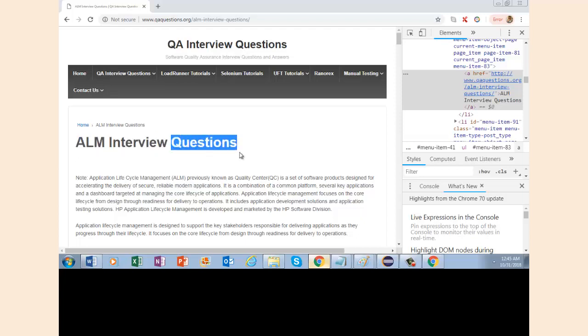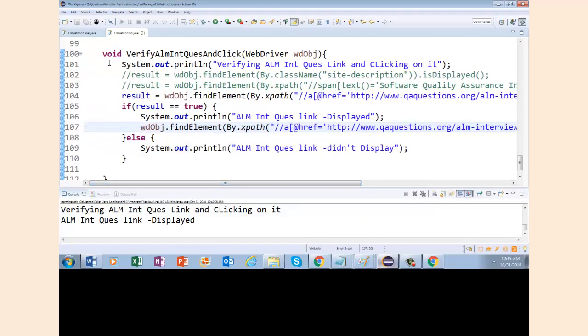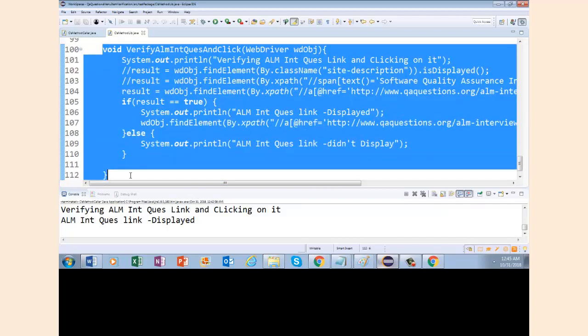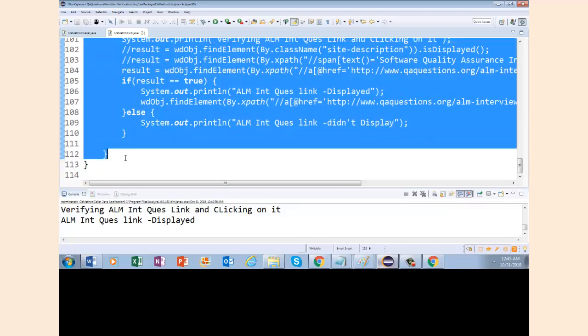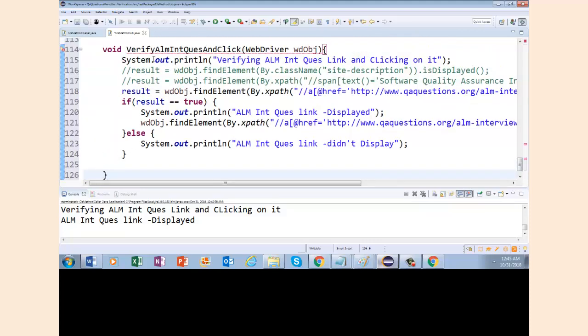So now we are going to verify this element. I'm going to show you how you can verify that element by using contents. So I'm going to copy this block of code and modify it to verify that item. If you come here, now we are going to verify the ALM interview questions page header. Now verifying ALM interview questions is